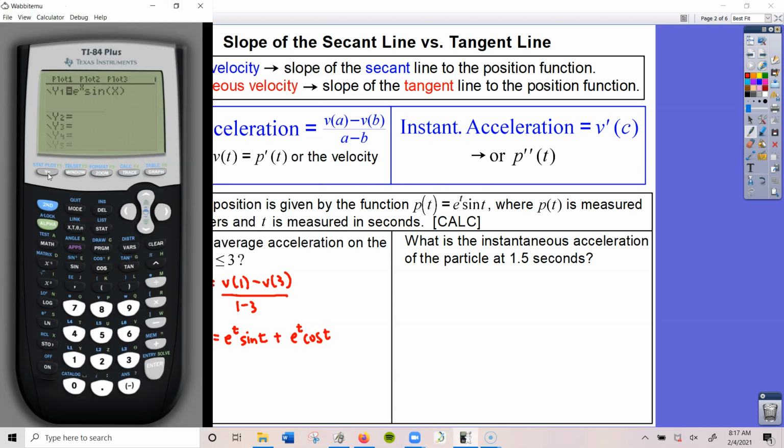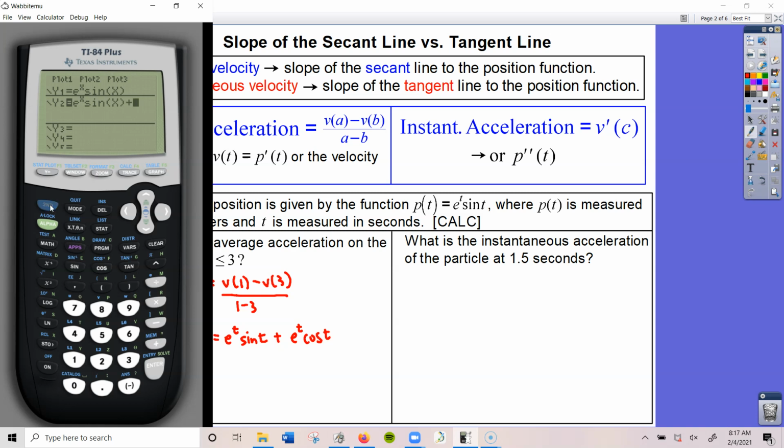So let's go to the y equals menu. I'm just going to deselect this graph here, and I'm going to type in my second function. You can either type it in just as is, or you can also factor out the e of t, whatever you feel most comfortable with. I'm just going to type it as is. So e to the x times sine of x